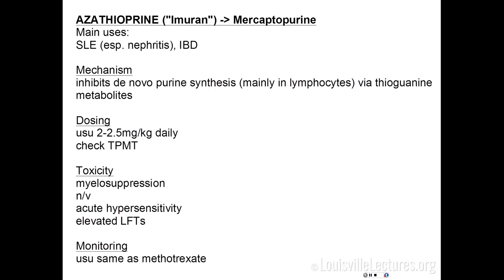It's a purine inhibitor. We've already had a pyrimidine inhibitor. This is a purine inhibitor, and we already discussed how that affects your lymphocytes. It's actually metabolized into these thioguanine metabolites, which are then taken into DNA and poison the DNA and cause apoptosis. So usual dose, 2 to 2.5 milligrams a day. You want to check a TPMT level first, although